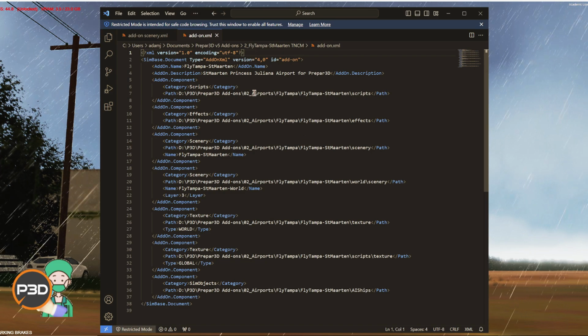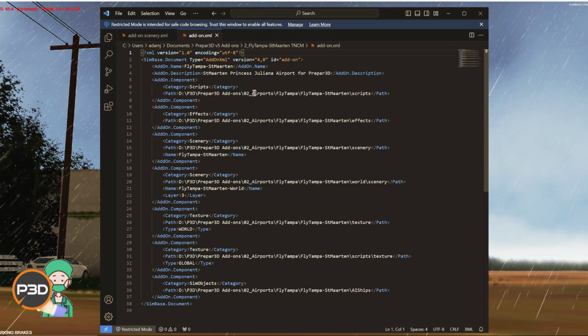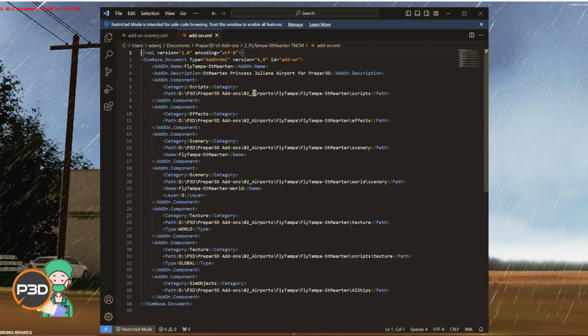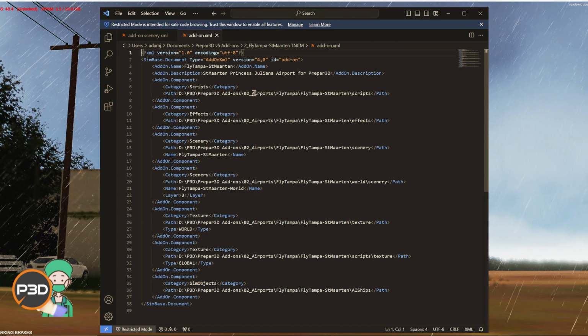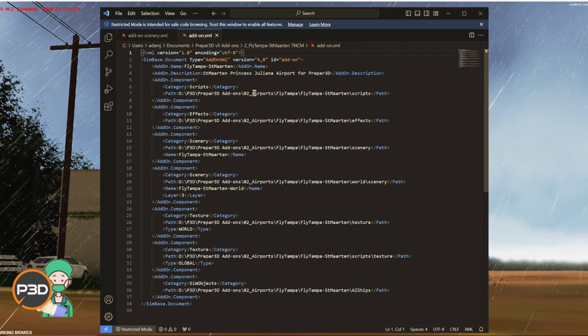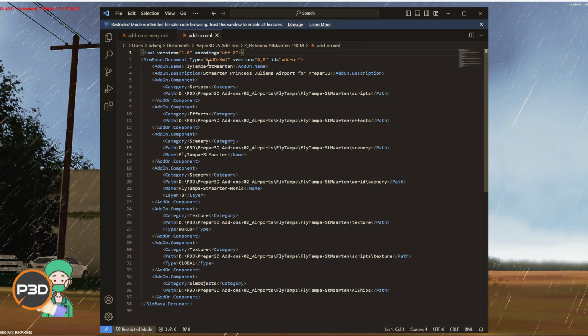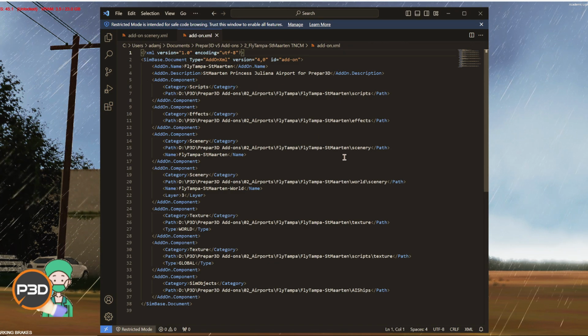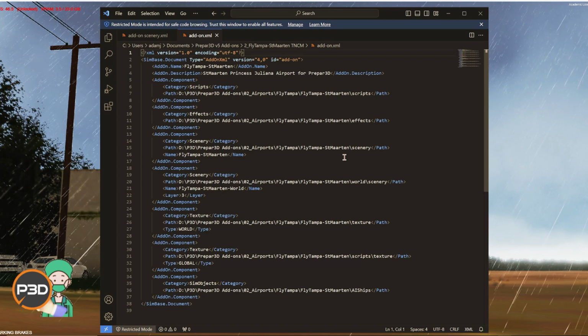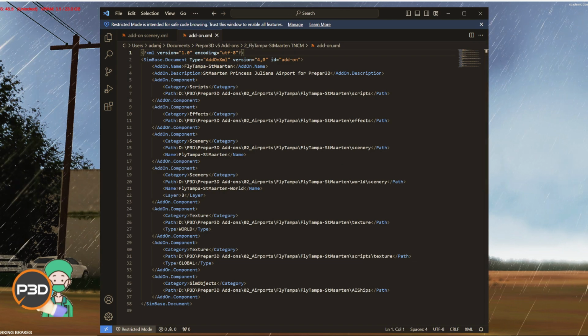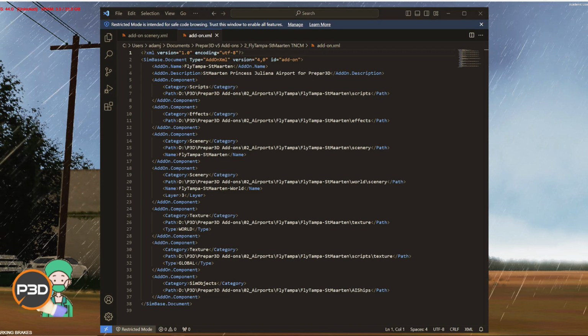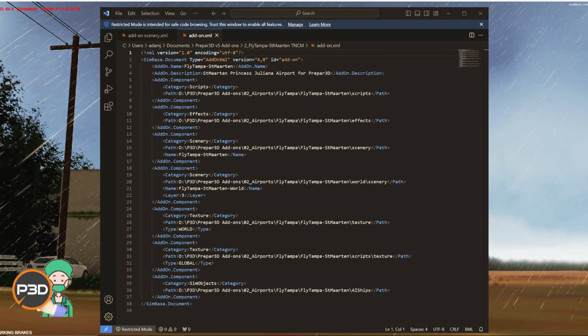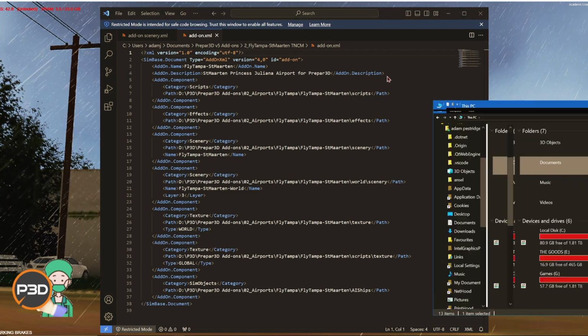So basically, an XML add-on is just a normal add-on for P3D that has been given a link file, the XML document, to put it in the sim. So P3D reads this XML document. The XML document is just a link file to your add-on, inserting it into the sim and all the folders that it contains. So if we go and have a look at the add-on for Flight Tampa, we can see